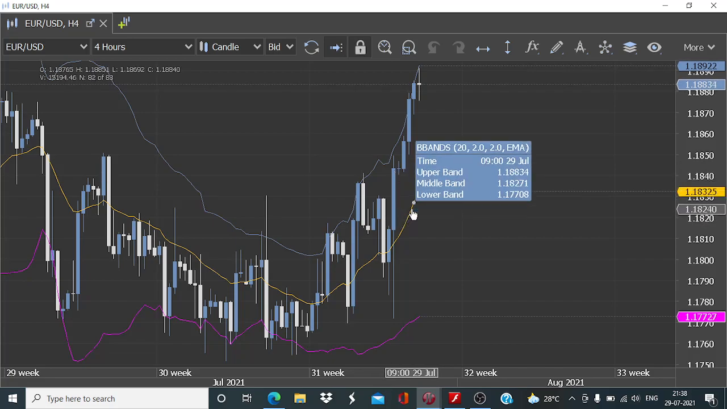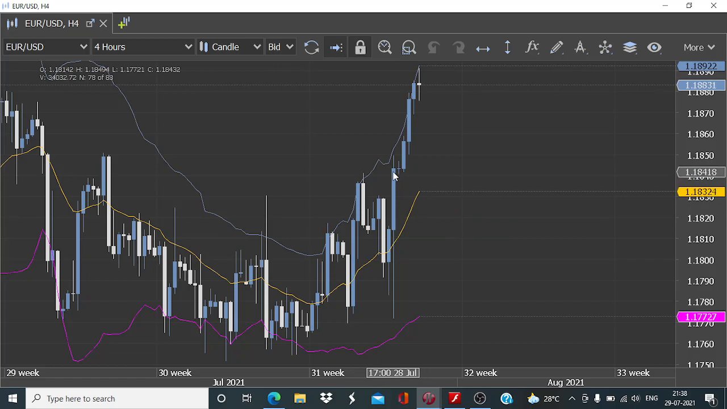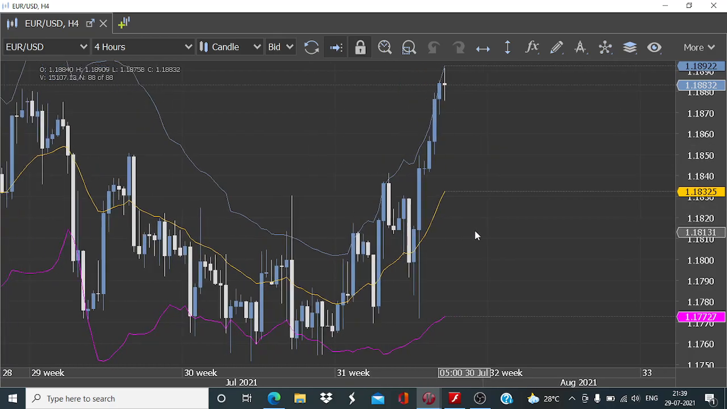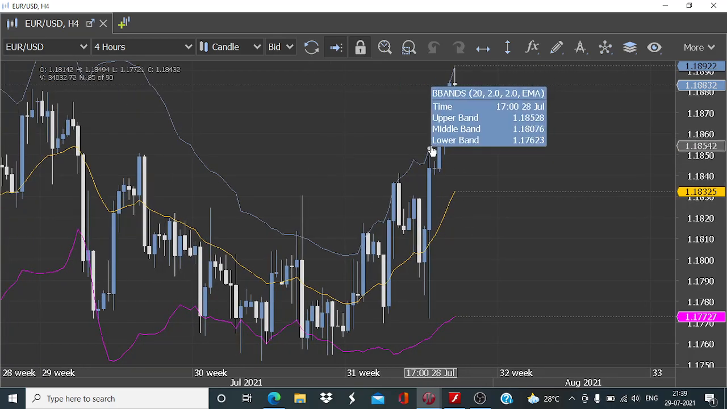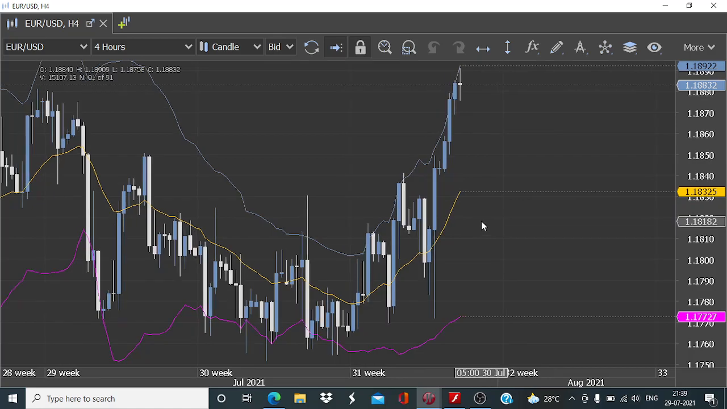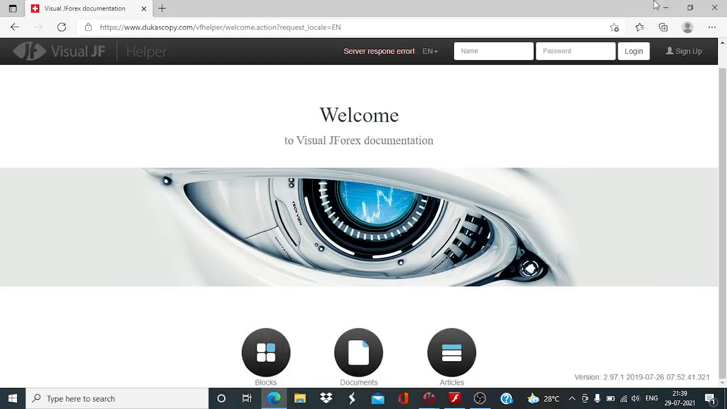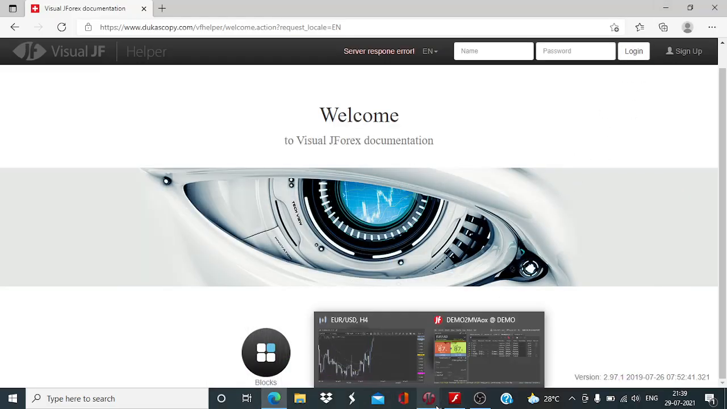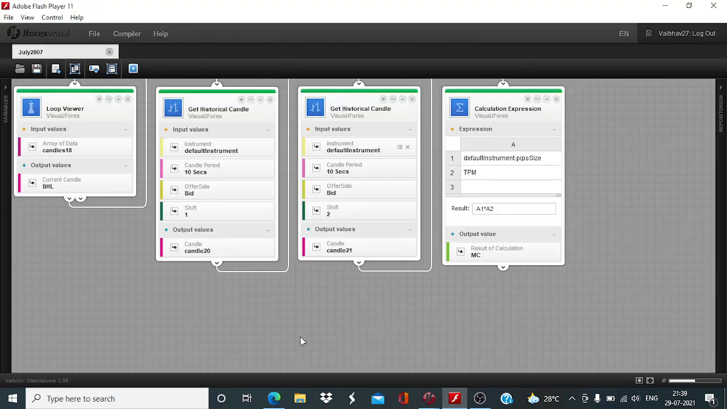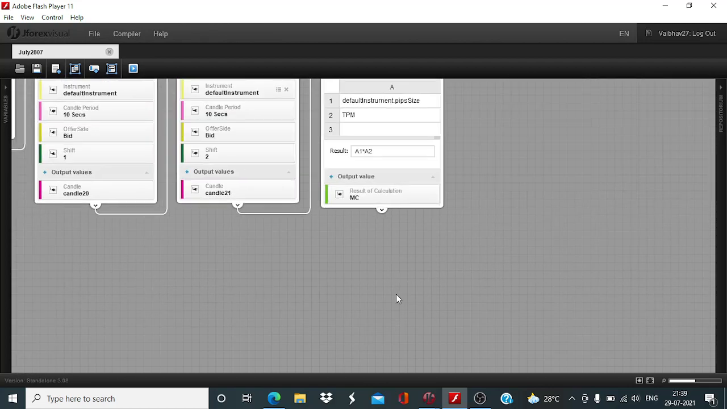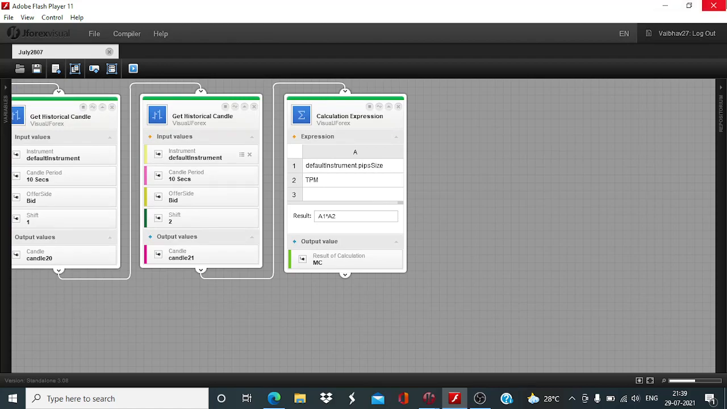And we will set a condition that in this instance of moving on the higher side, the last 4 hourly candle high should remain below the upper band and it shouldn't have crossed above it, to make sure that we still have some run to move on the higher side, and we are in position to capitalize on this newfound momentum. So now we go back to the Visual JForex board, and we will have to start with the calculation